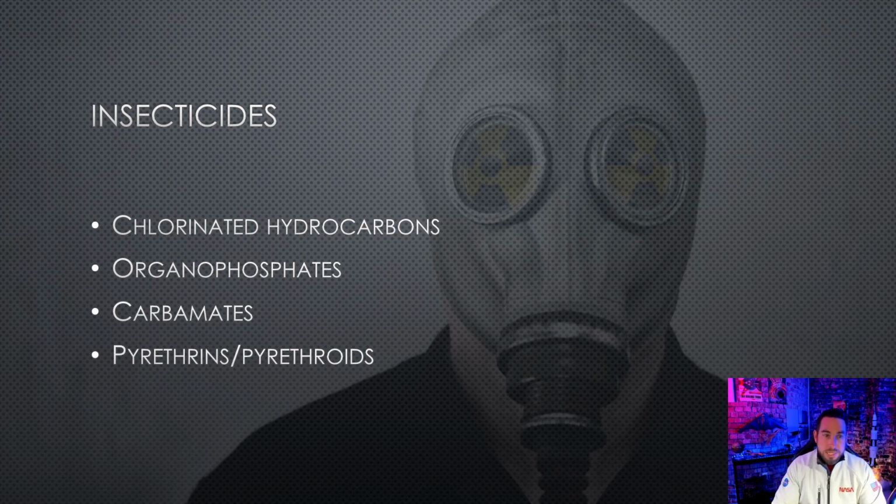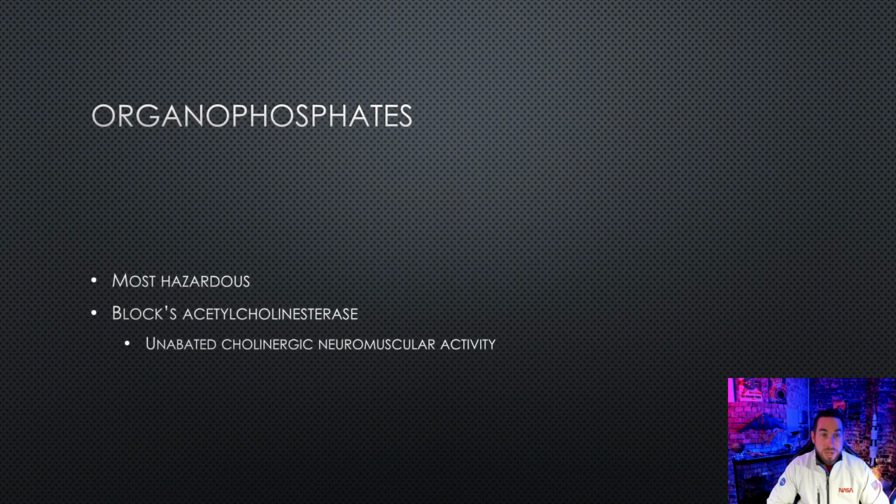The ones that are primarily in use: chlorinated hydrocarbons, organophosphates, which aren't used as much anymore, but they're highly, highly toxic, carbamates, and pyrethrins and pyrethroids. Pyrethrin is a plant-derived toxin, so it's generally less toxic than other pesticides. So there's more of a trend towards this group, but you still may see some organophosphates used from time to time. Organophosphates are the most hazardous group, and we'll go through the mechanism, but they